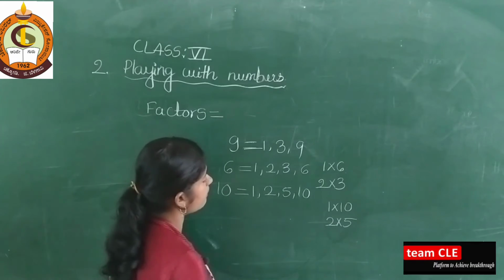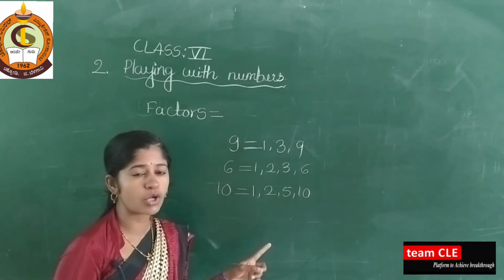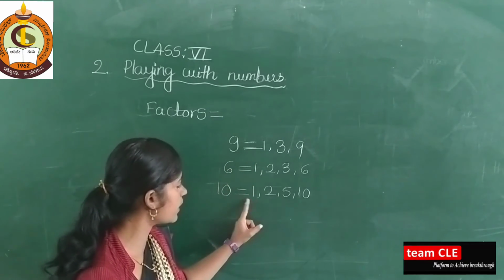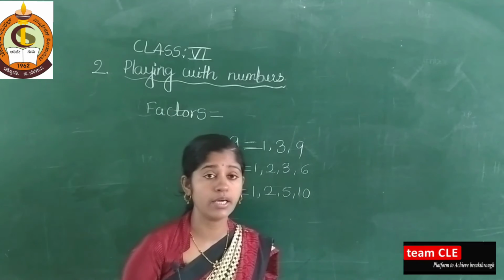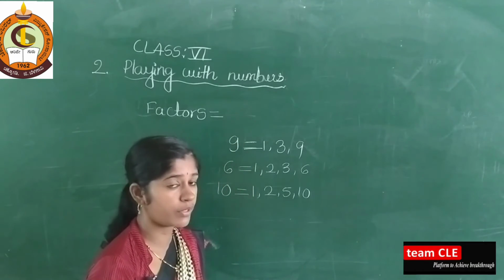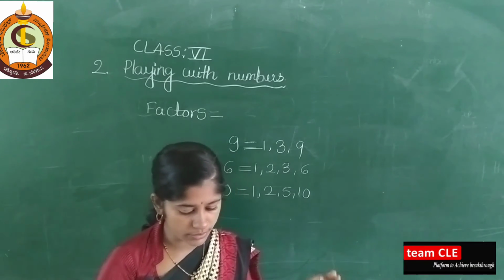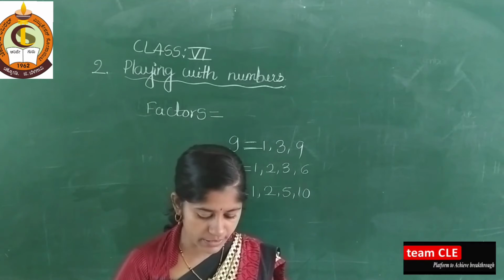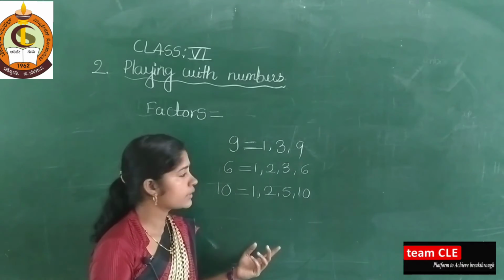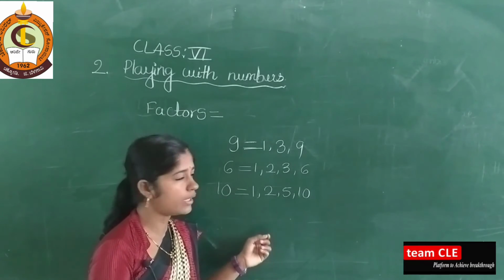Just see these examples. What do you come to know? See here, 1 is the factor of every number. Yes or no? Here also 1 is there. You take 100 or you take 506 and 525, but 1 is the factor of every number. Every factor of a number is an exact divisor of the number. Already know, factor means the number which divides the given number exactly without leaving the remainder.